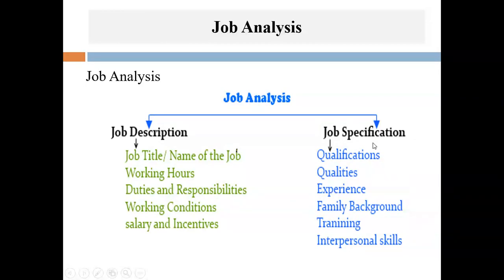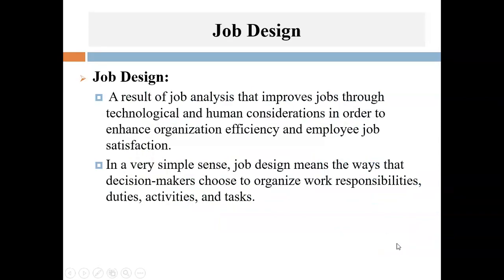Qualification specification: what are the qualities required? What is the knowledge? What are the skills? What are the abilities? Family background and interpersonal skills required for the particular job. These are the points. Then the other important concept I would like to focus on